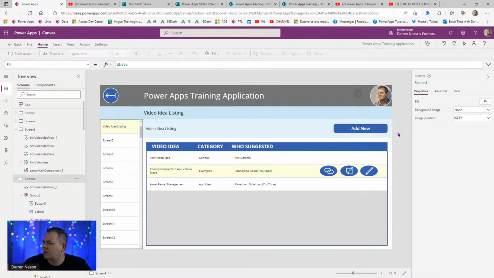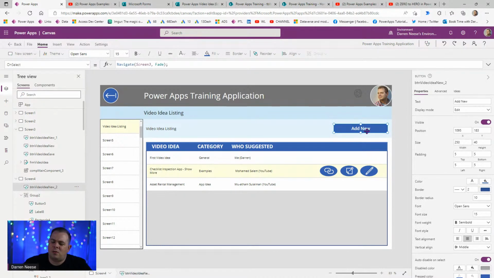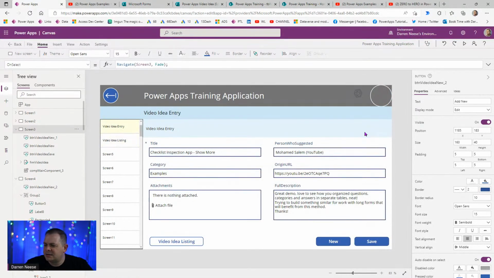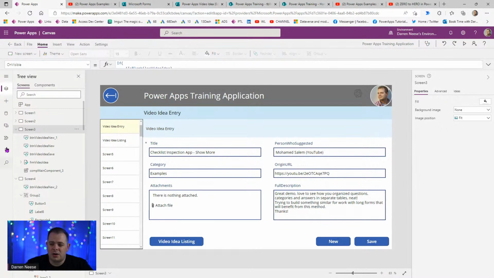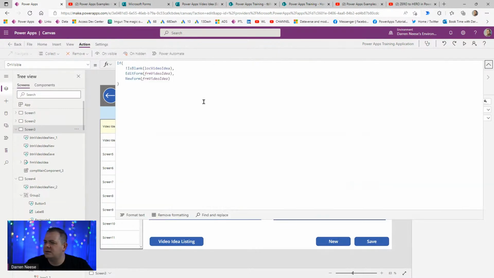Okay, and what I'm thinking is, what happens if I go over there? And it probably shouldn't be so wide. Is it going to pull up an existing record? And I wanted to start a new one. So what I do look for is if it's blank. Okay. Perhaps what I should be looking at,